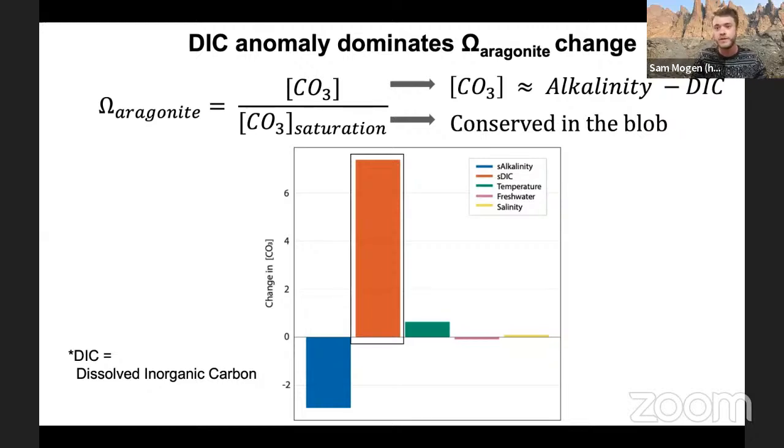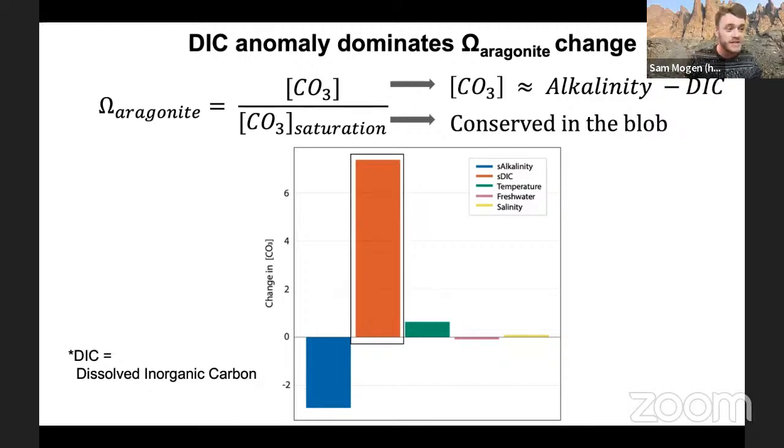And CO3 is roughly a function of alkalinity of the water and dissolved inorganic carbon, or total CO2, of the water. So we took these, what we know is driving changes in CO3, what could potentially be doing this, and we used a CO2 system solver to determine linear relationships between all variables and the dissolved carbonate values. So we looked at alkalinity and DIC, and we also looked at the effects of temperature, freshwater input, and salinity inputs. So we took this linear relationship, and the slope of this line was used to quantify how much of a change in a given variable would have contributed to a change in CO3